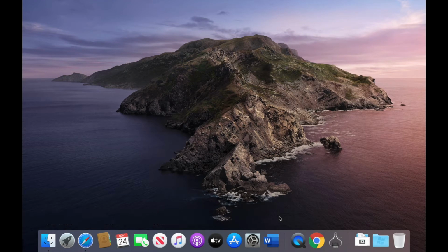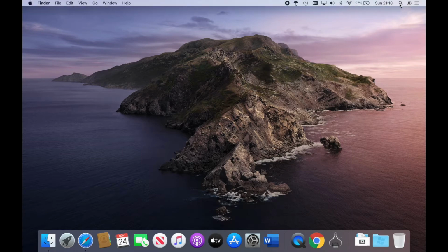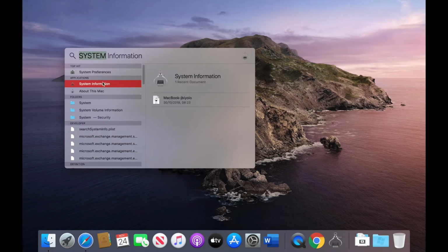So what I would highly recommend that you do before you do an upgrade or a clean installation is that you take a backup using either Time Machine, or if you use any other third-party programs, just take a backup of it. And what you can also do is if you go into the menu bar and then you do a search for system information,